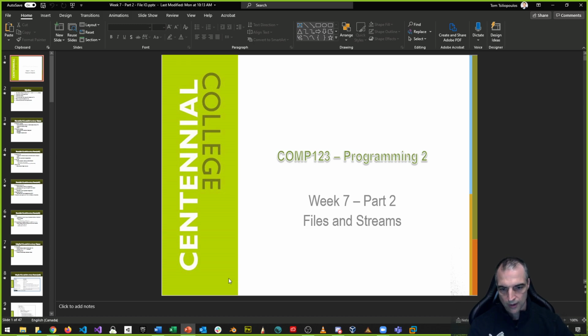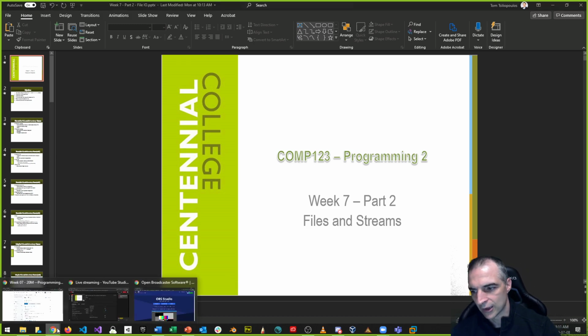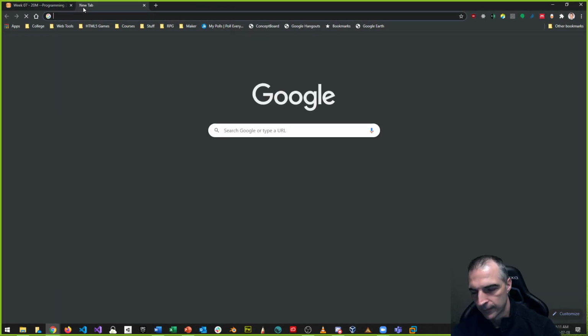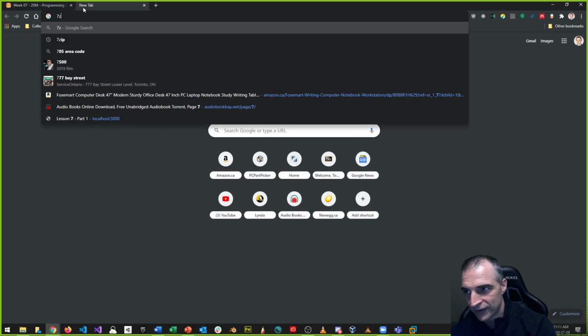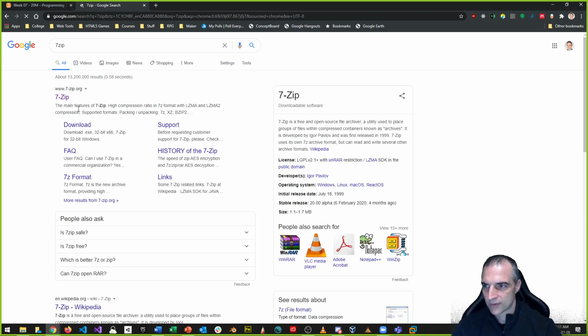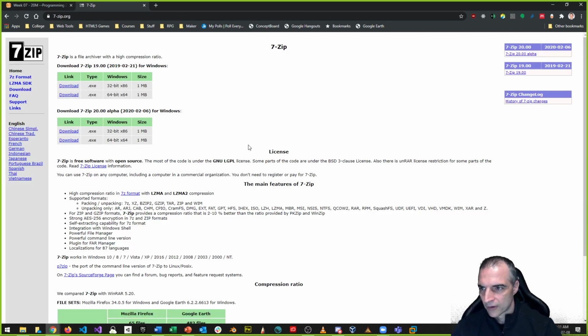Don't use WinRAR. I highly recommend you download and install WinZip. Okay, or sorry, not WinZip. 7-Zip. WinZip is old. 7-Zip. I always say WinZip for some reason. So 7-Zip is a free download. Download the 64-bit version for Windows. And then when you run it, what you get is a contextual menu in your